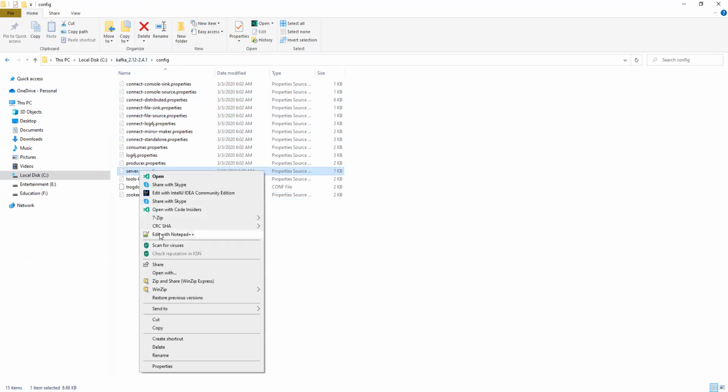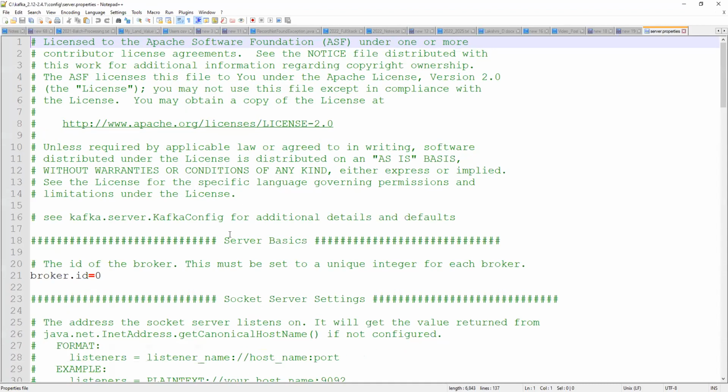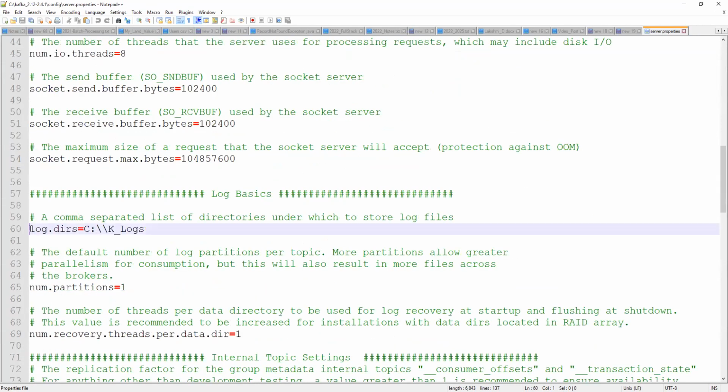This is the server.properties, meaning the Kafka server properties. See the log directory. Previously it was a normal temp directory inside the Kafka server, but now I gave C colon slash K logs.